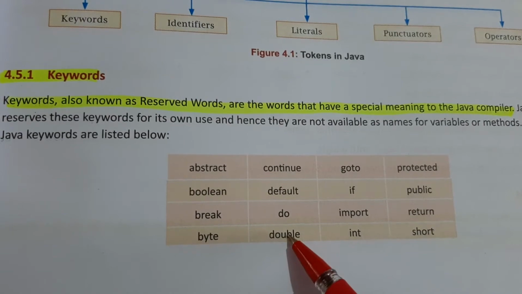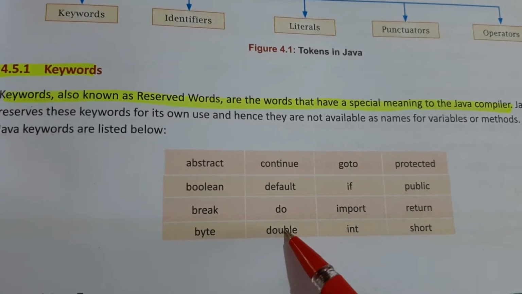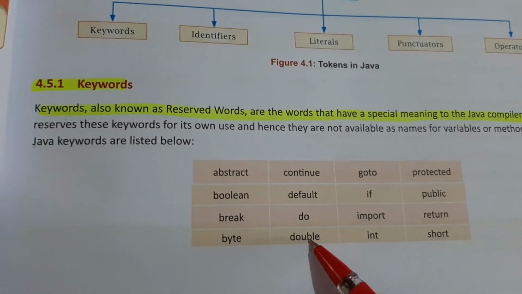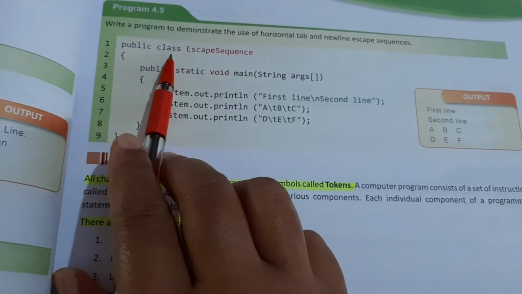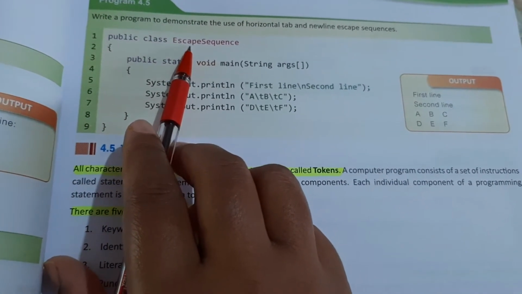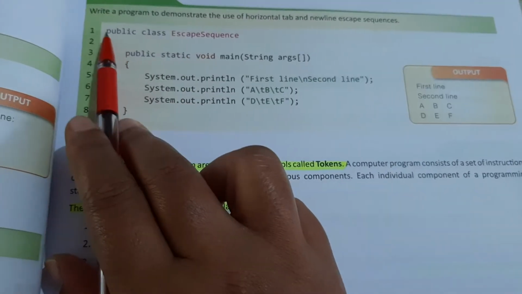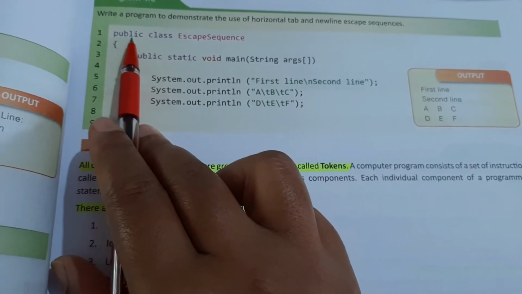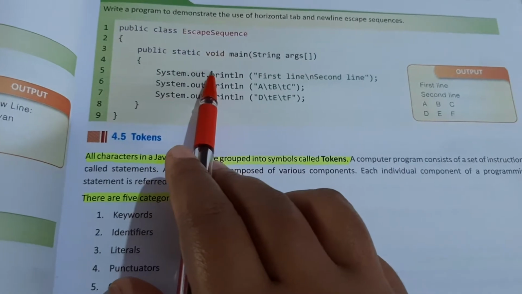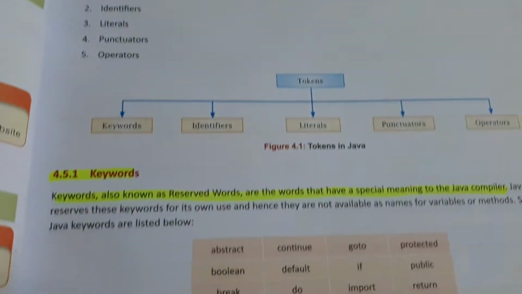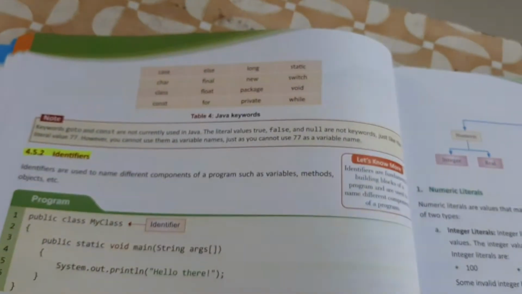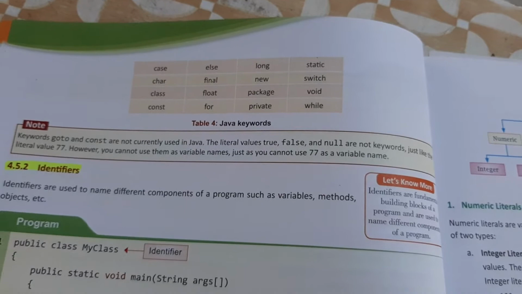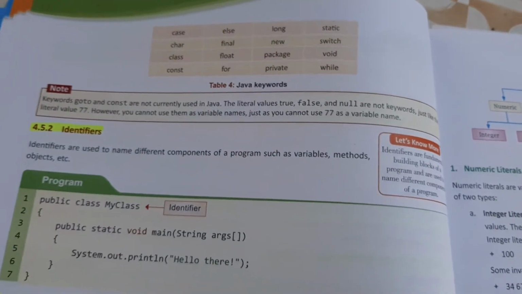Just think of double. It is a data type. Suppose you are writing double class and you give some class name, you cannot write the word double here, because it has a special function. It has to be used in a specific place only. So those kinds of words are called keywords. These are the words in the table that is given here, so please learn that table.